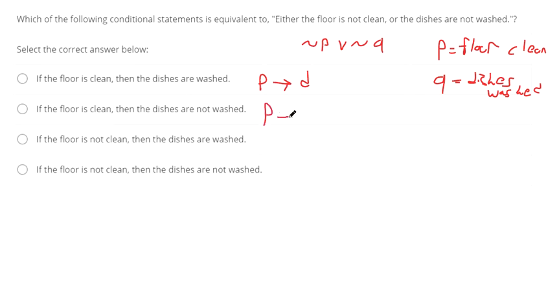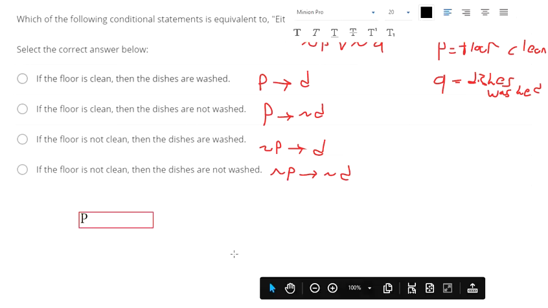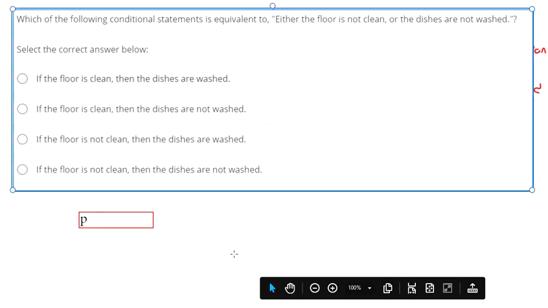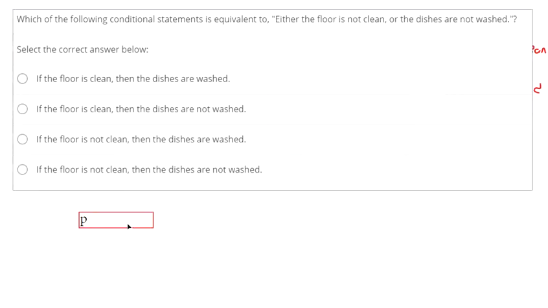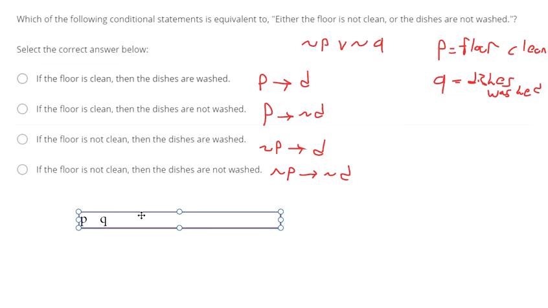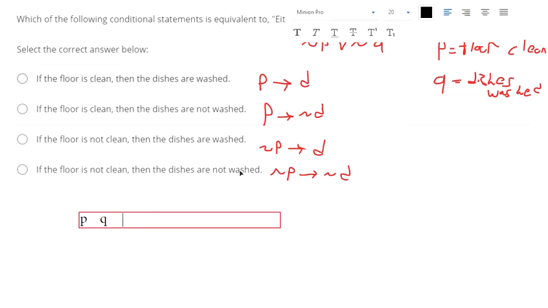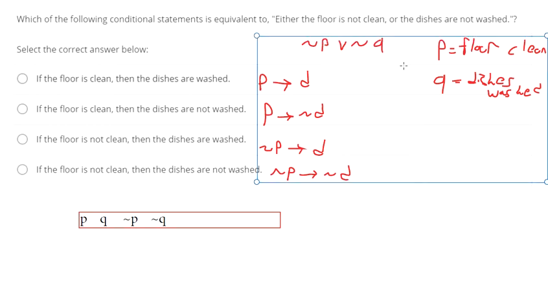The floor is clean, then the dishes are not washed is the second one. The floor is not clean, then the dishes are washed. The floor is not clean, then the dishes are not washed. So just like we saw in the last one, we make a little truth table. So we got P, lowercase p, Q, and then we should have not P, not Q,